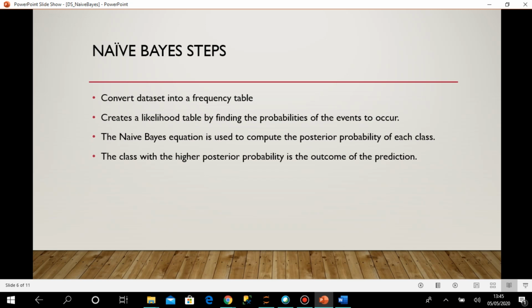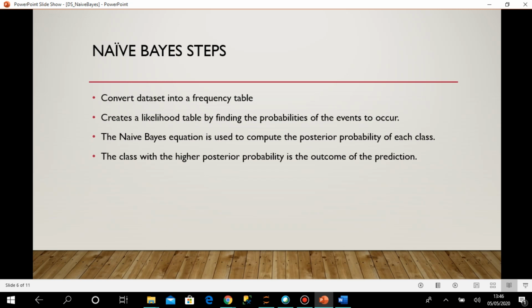So what we do in naive Bayes, otherwise it is the same, it is following the Bayes theorem only to calculate the outcomes. The only thing is that I am assuming at the start that whatever may be the number of features, they are independent of each other. So that's a big assumption. Okay, so what are the steps in naive Bayes?